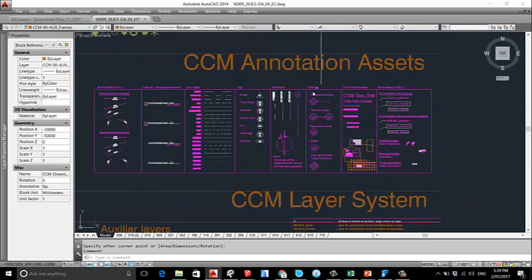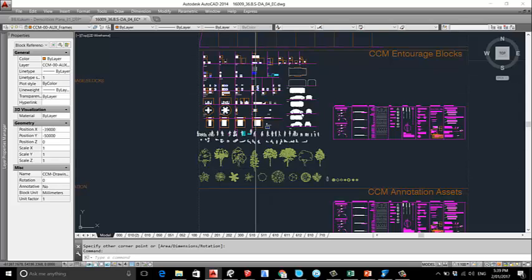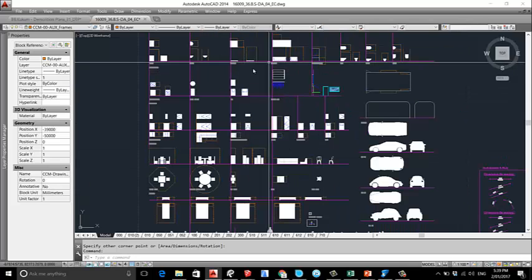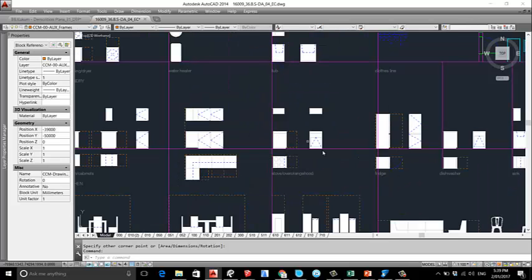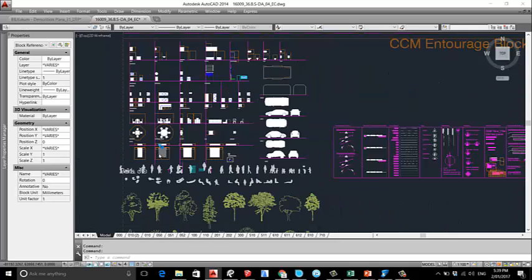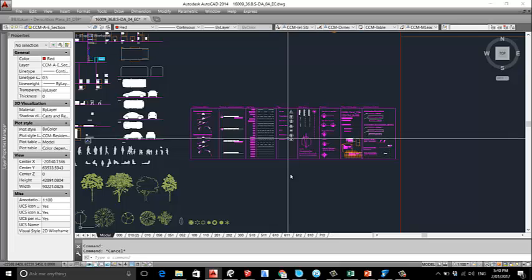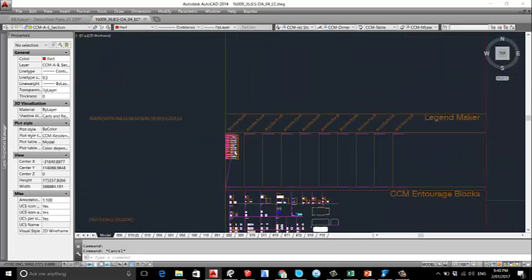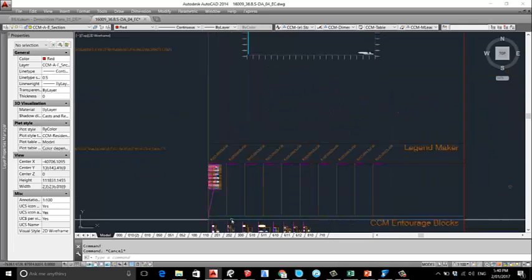We have the annotation blocks. We have the blocks that we use to cover all the drawings. I mean, we have the washing machine and bedrooms, and they all normally dynamic, in some cars, some trees, some people. Then we have some legends also. We here, and this is the place to,